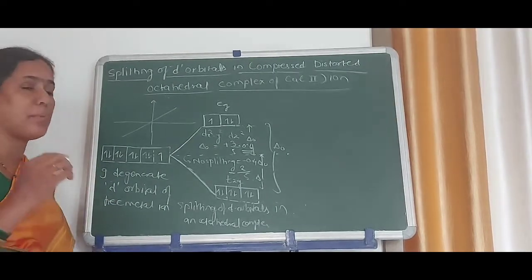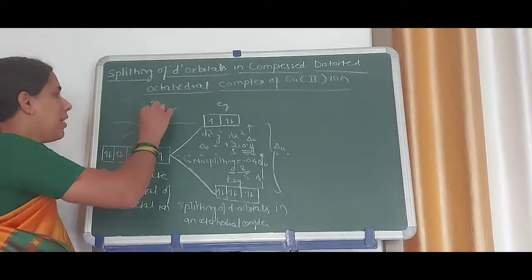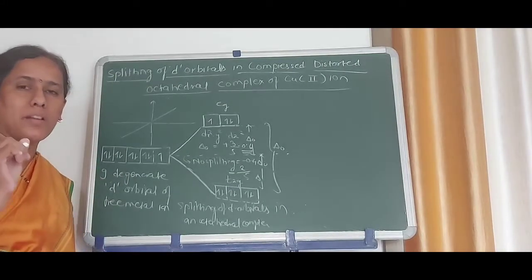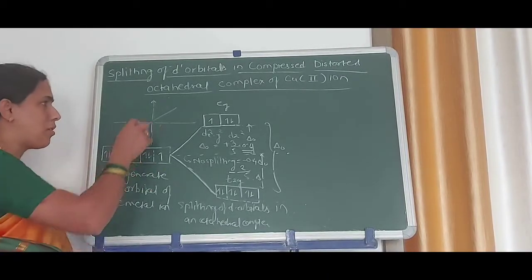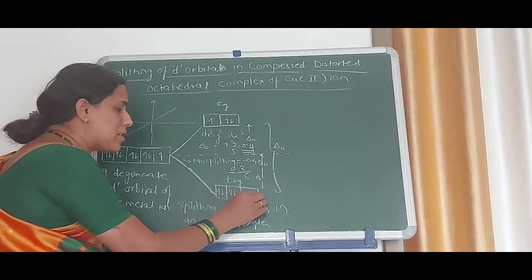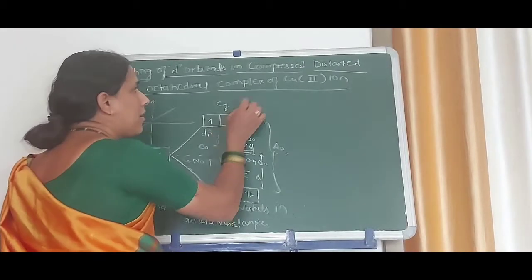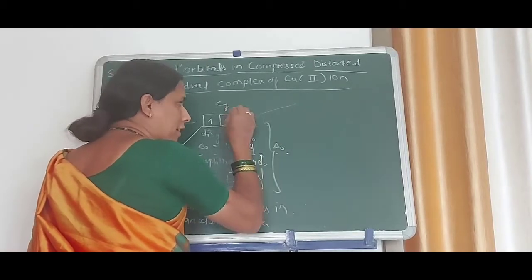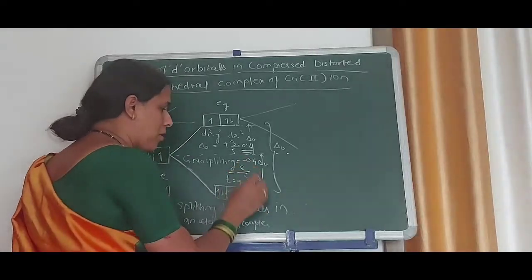What happens? The attraction between the central metal ion and the ligands increases. Here the repulsion between the electrons of the central metal ion and the electrons of the ligands is stronger. Therefore there is less repulsion between the ligands which are situated between the axes. Therefore, in the compressed format, the distribution of the Eg orbitals is as follows, and that of the T2g orbitals